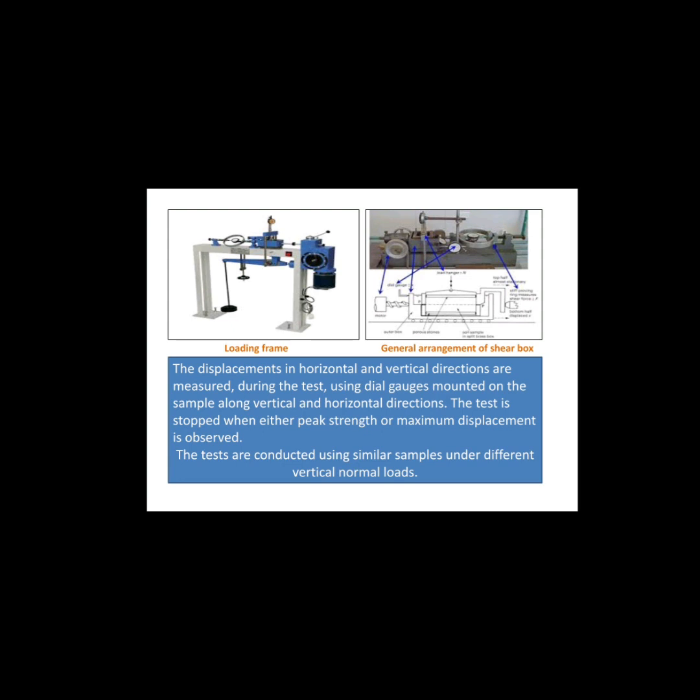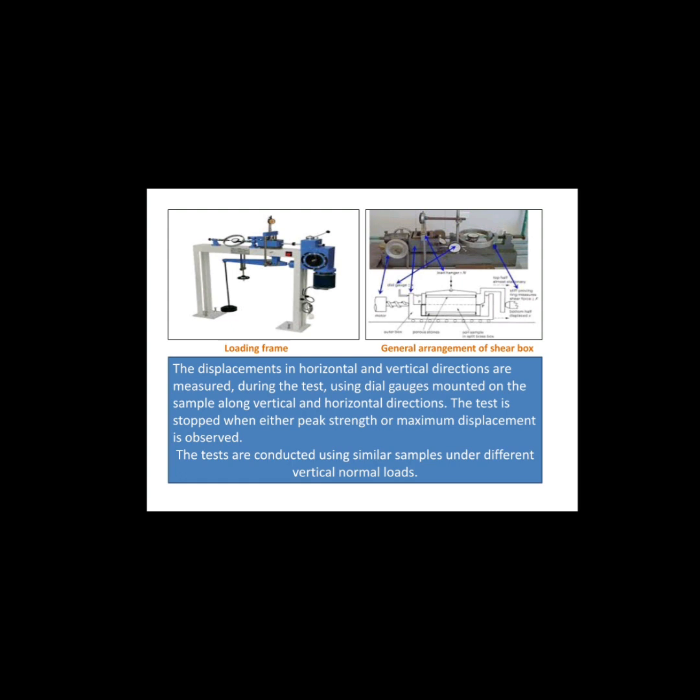A normal stress, say 0.5 kg per centimeter square, is applied on the sample through the hanger. In some cases, the vertical movement of the sample is also measured, which indicates the changes in the volume. It helps in evaluating change in the density and void ratio during shearing. The shear stress is applied gradually at a given rate, causing the two halves of the box to move relative